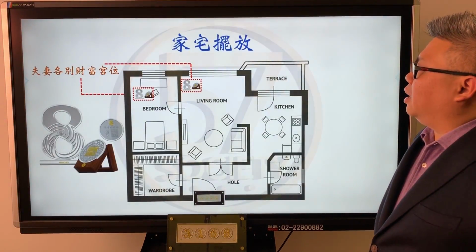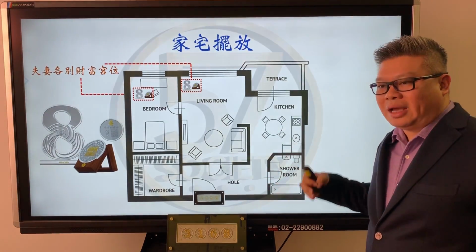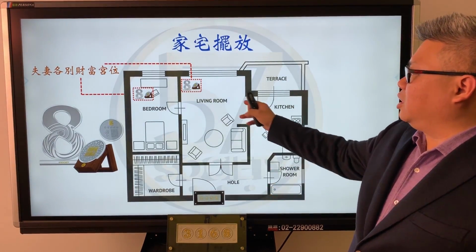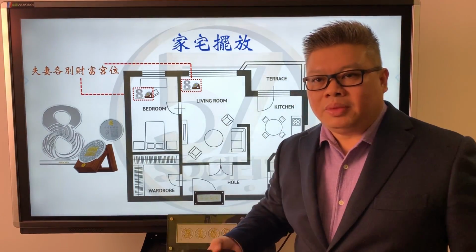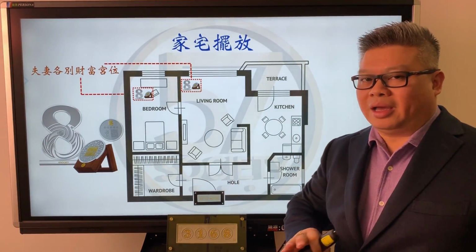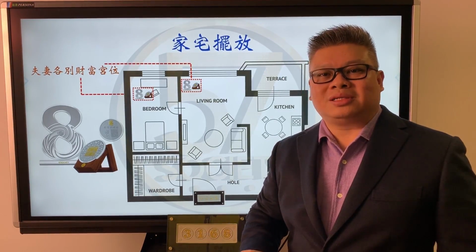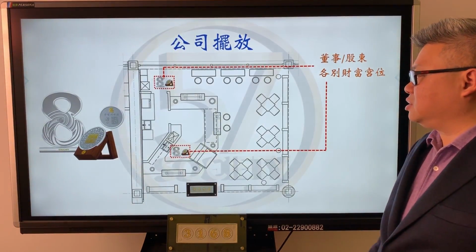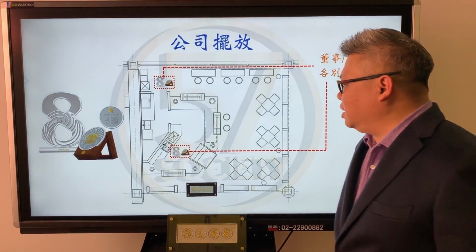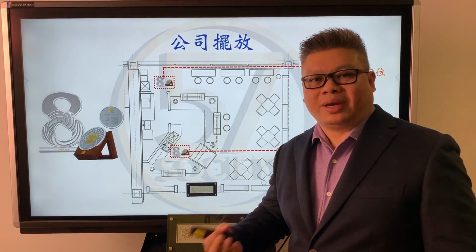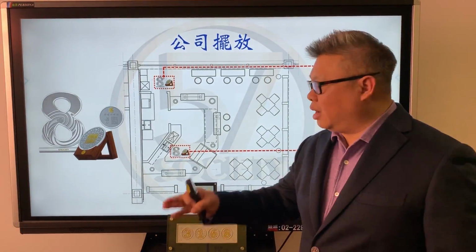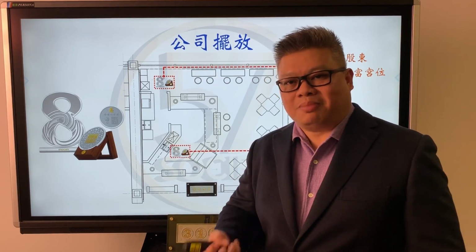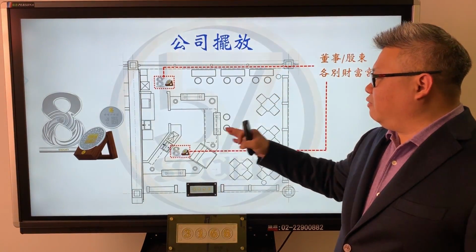Once again, I have to emphasize this is a bigger diagram of your floor plan. This is particularly about the residential property, so it can be placed in a bedroom, in the living room, or in a study room, except for toilets. We do not touch toilets. Even the kitchen, we can place it in the kitchen. For the office it's the same thing. Avoid the toilets, and avoid the storeroom where nobody goes in except the storekeeper. So we are placing this auspicious 8 bundle in very respective positions.